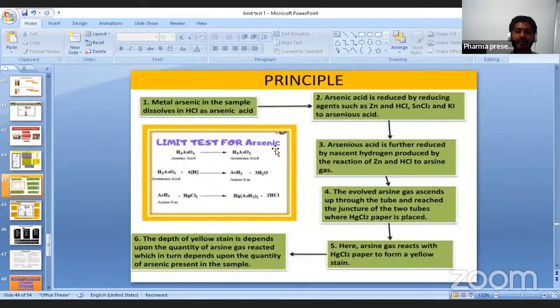So here we'll have a reaction involving arsenic acid, which will be present after dissolving the arsenic in HCl. First we will add HCl, so it will form this arsenic acid. This arsenic acid in the presence of